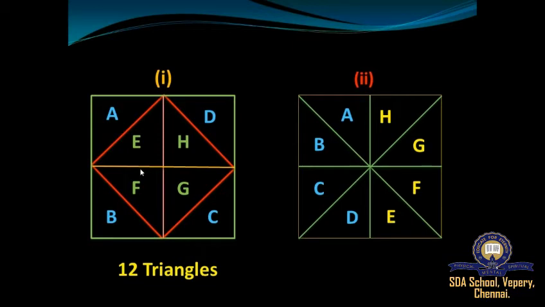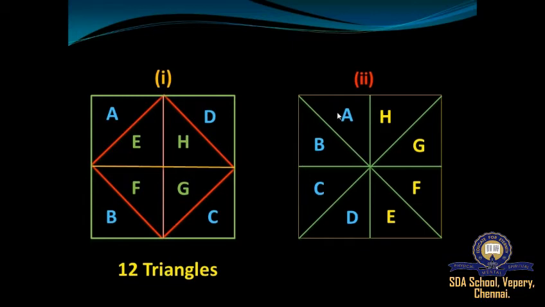Likewise, I have listed the alphabets for easier listing down of the number of triangles. When I take the smaller portions A, B, C, D, E, F, G, H, it forms 8 different triangles, right? Now when I combine B, C, D, E, G, F, A, H, I get another 4 different triangles.